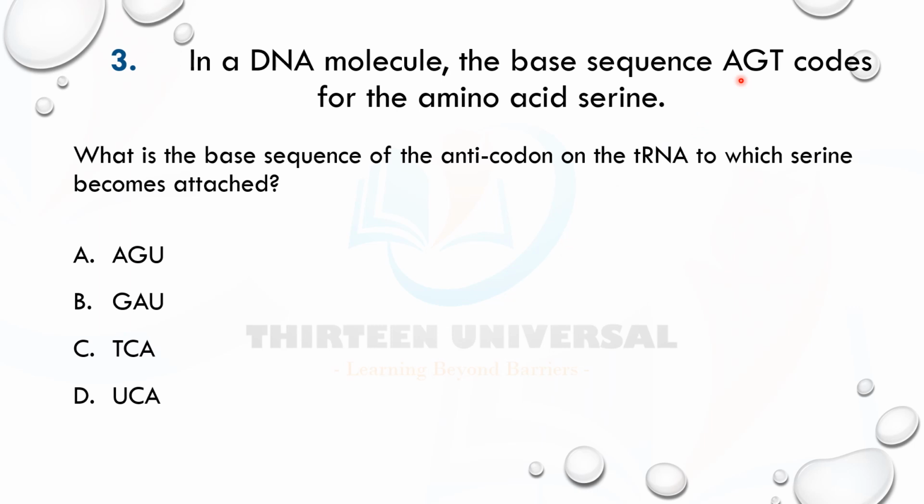Don't forget that the base sequence in DNA is complementary to that of mRNA. That is, the base triplet in DNA is complementary to the codon on mRNA. The same thing, the anticodon on tRNA is also complementary to the codon